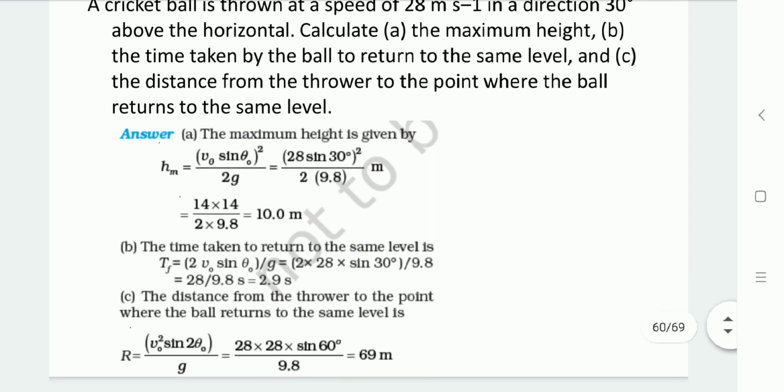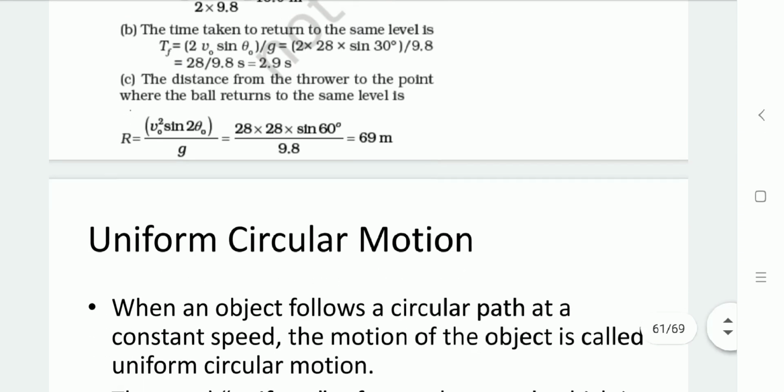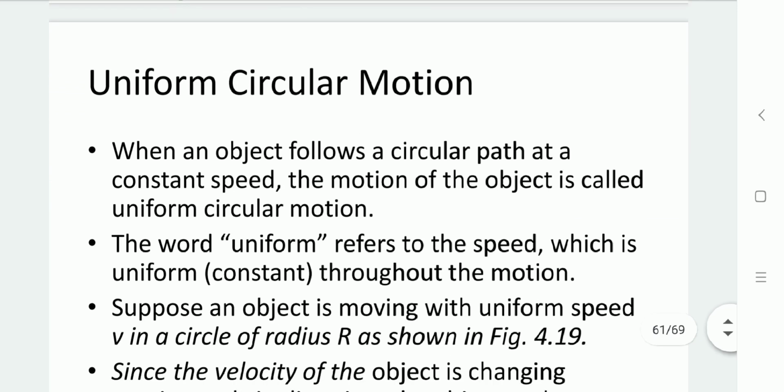Now the third part requires determining the distance, that is the horizontal range. So the horizontal range equation is v0 square sin 2 theta0 by g. Again we have all the given values v0, theta0 and g. Substituting all the values, we get R equals 69 meters. Now let us understand the next topic,